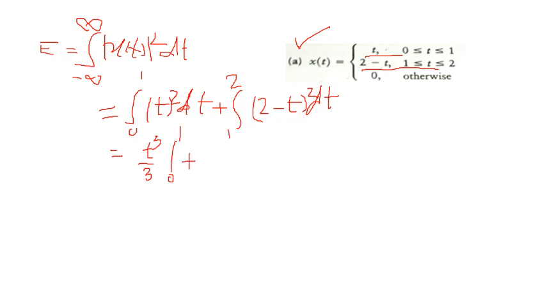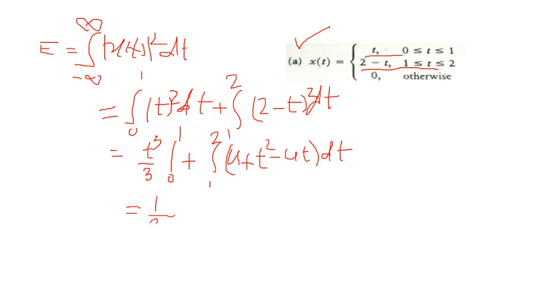Similarly, you can expand the signal for 1 to 2, open the formula, so it will be 4 plus t square minus 4t dt. So by integrating and putting in values,